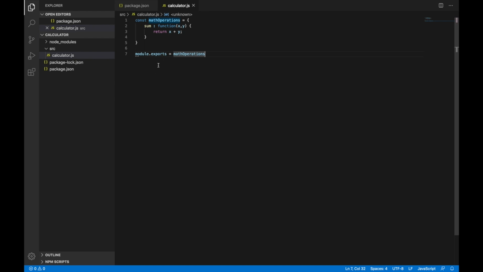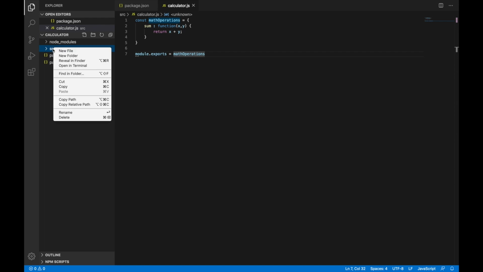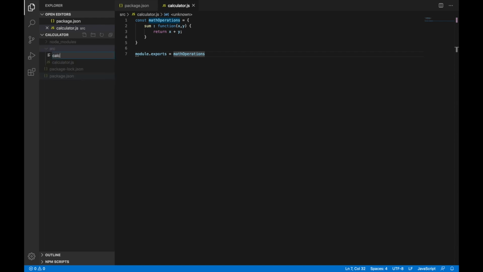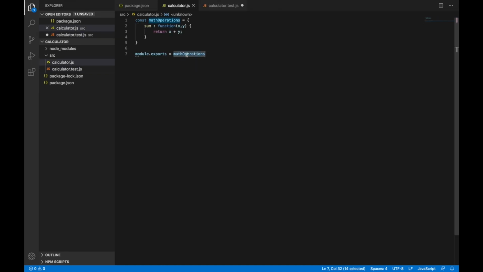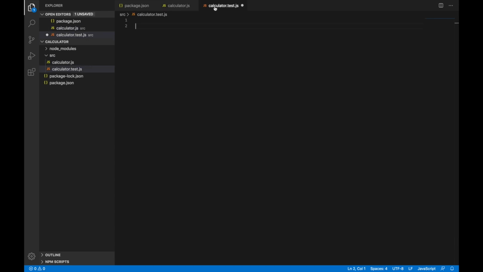Now let's see how you can use Jest to write tests for this. I'll create one more file here which will be named calculator.test.js. This file will be used to write tests for this class. First we need to import the functions from our main file. Since we have exported mathOperations, which is nothing but the sum function, we'll need to import it.